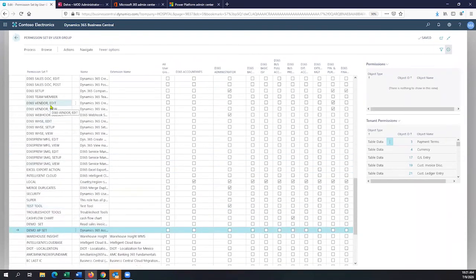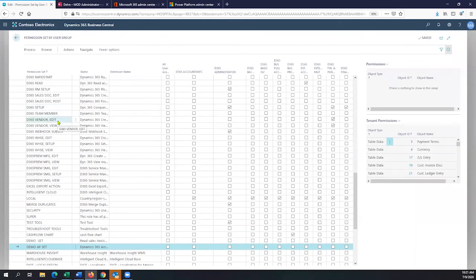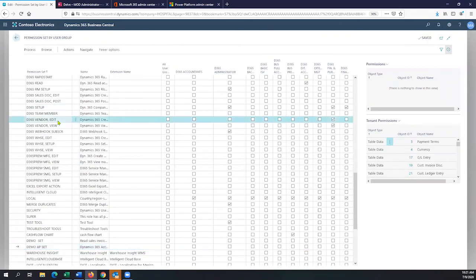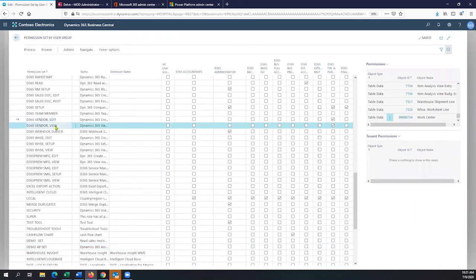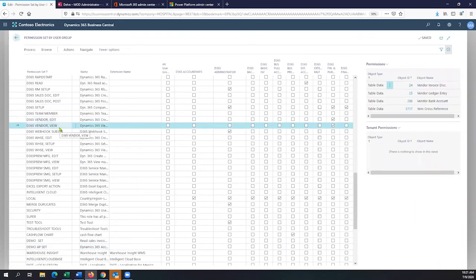Just, or edit vendors, or well, that's more or less the idea. Okay, here we have some very standard permissions like vendor edit, vendor review, and open the permission set by user group. Here you could add, for instance, for the accountants, I would strongly recommend creating a permission set for accountants, for purchasers, for salespeople, and that's how you will be able to, for instance,